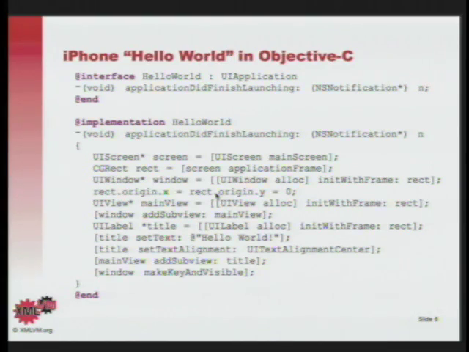The second thing I want to point out, I already mentioned that Objective-C is a superset of C. So that's why you have these pointers. I want to point out the second line here of my implementation, and I'm not sure if you can see the mouse here. I ask the screen object for its resolution, and I get back something of type CGRect. You will notice that there is no pointer here. Actually, CGRect is a simple struct. And unlike C++, a struct is not a class. A struct is simply a value type.